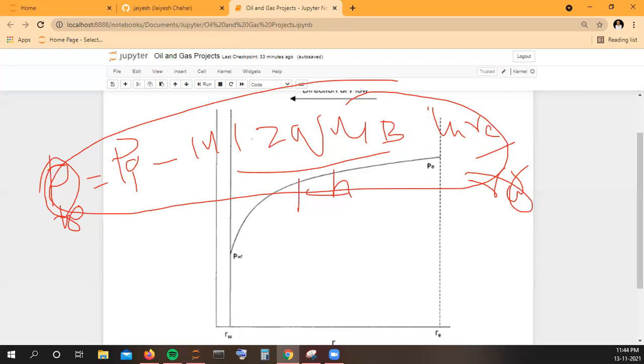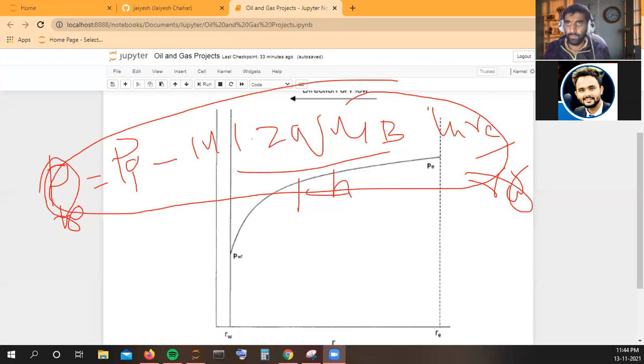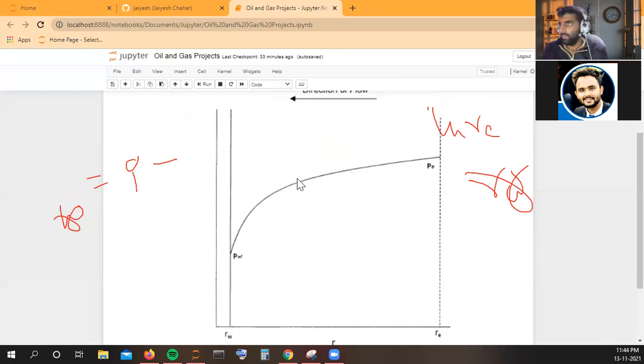When we will be coding, we need to understand what the equation of pressure with respect to radius is. Everyone knows Pwf, but what is Darcy's law in terms of a generic radius? What is the pressure at every radius? That's a very important understanding when I was doing this code. It's a very simple confusion, but it still comes up. So I'll erase this part and we can go ahead.